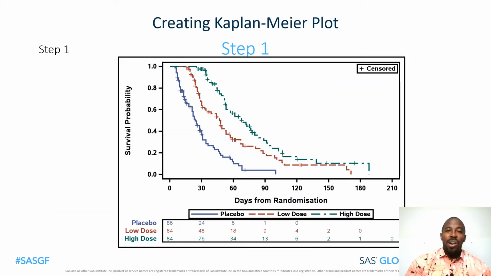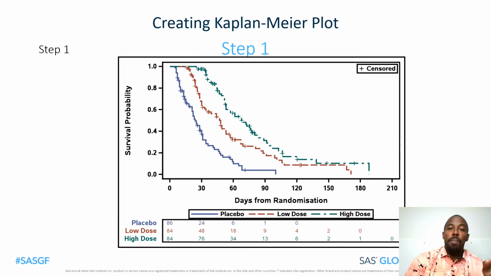Now we are going to go back to the more complex example. As I'm sure you're already aware, it's usually easier to break things down into smaller steps when you want to learn them. Isn't that correct? In our example, the first step in creating a Kaplan-Meier plot is to create the KM curves, censored label, and the subjects at risk table.